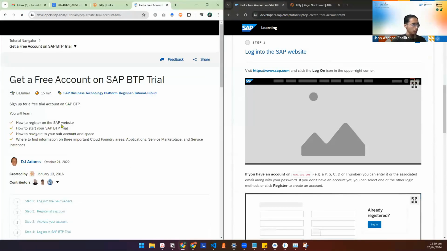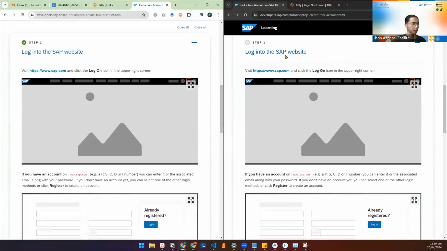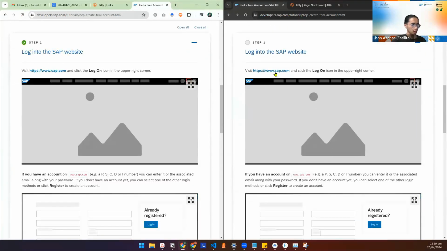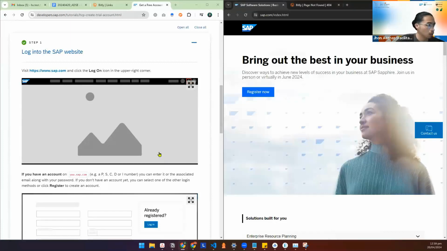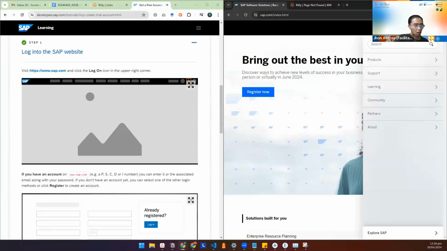I'm going to open the guide on the left side and do the actual workshop on the right side. And then we are going to click on this